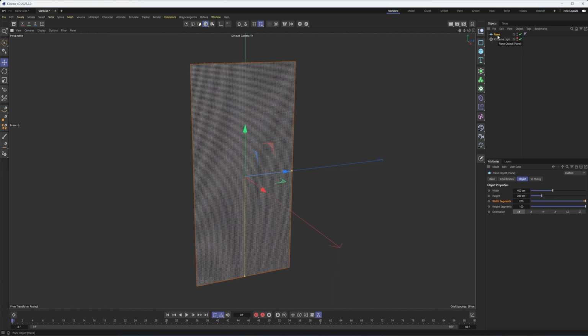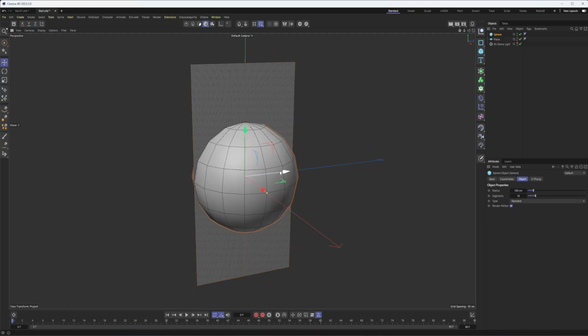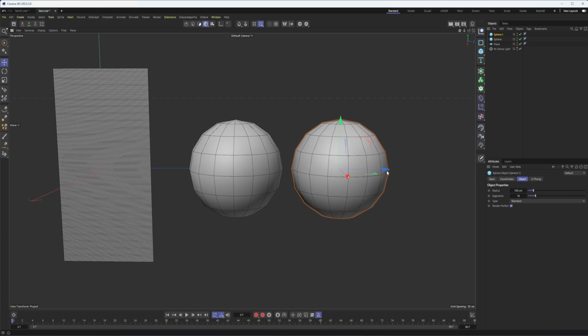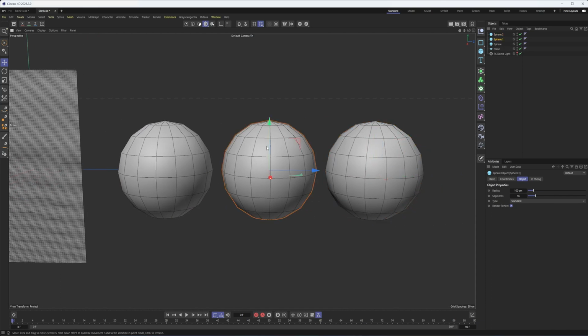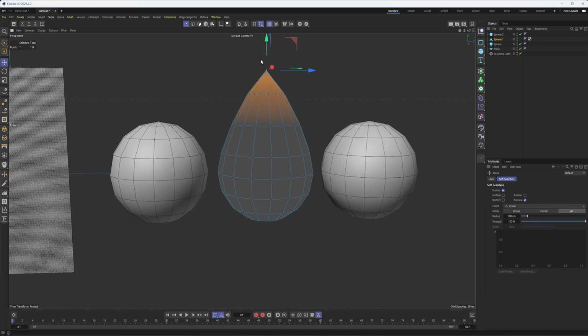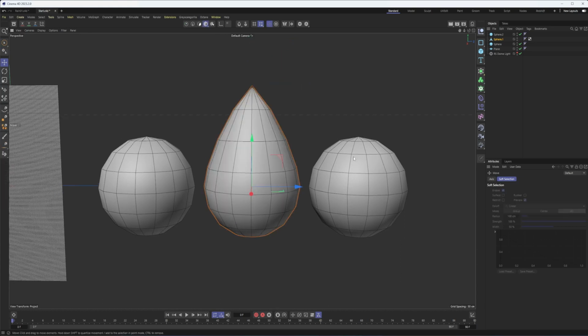And from here, what we're going to do is create our little droplets. And there's a whole bunch of different shapes you could use. I'm going to start with a regular sphere for one of them. I'll duplicate it 2 more times by holding Control or Command and just dragging it out. I think one of them I'm going to make editable by either using the shortcut key C or hitting this button. Go into point mode, select that point, and I'm going to use soft selection with this. So switch to my move tool, enable soft selection, and honestly, just pull that up. Give me a little bit of a droplet shape.